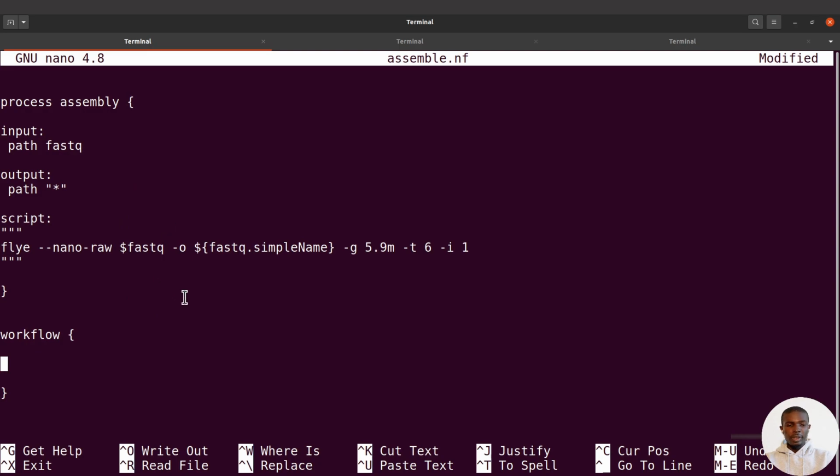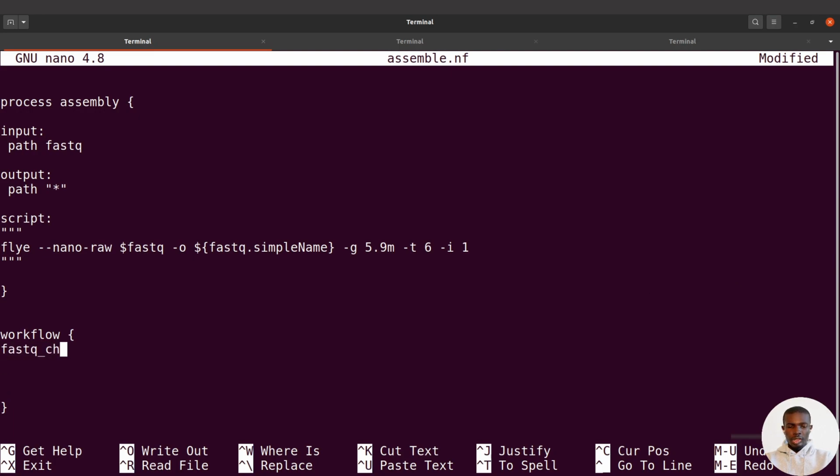specified data sets, then you need to also create a channel or channels, depending on how many data you have, how much data. So here we are supplying FASTQ file. That's the only information we are supplying now. So we need one channel. So I'll specify that here. So I'll say